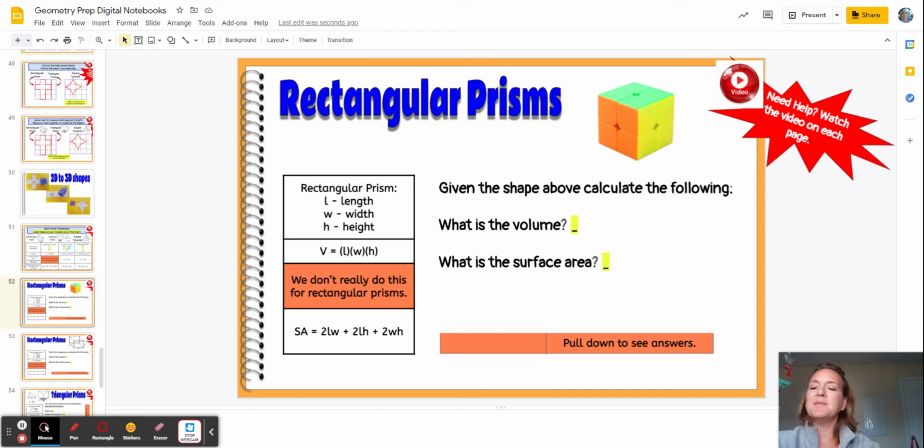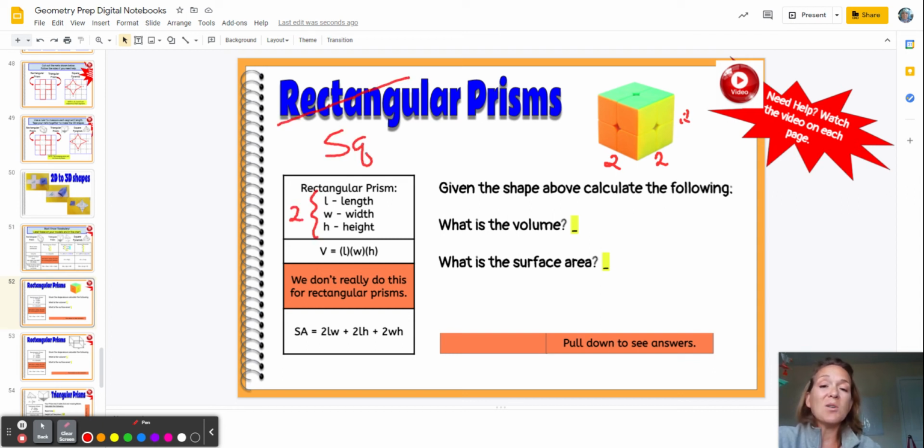Rectangular prisms. This is usually everybody's favorite. So this is a little Rubik's Cube, but it's exactly the same as our 2x2 square. We've got an orange side that's 2, a yellow side that's 2, and then a height that's 2. So our length, width, and height, all of those things are 2 because our rectangular prism is really a square